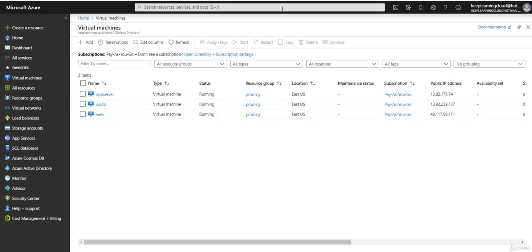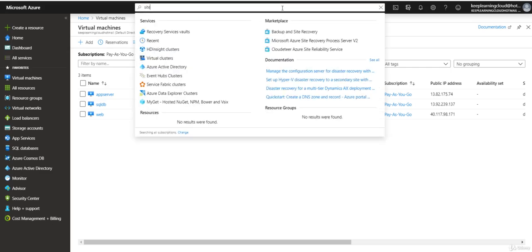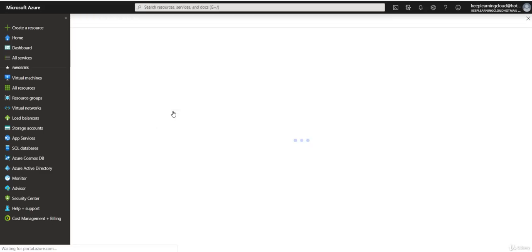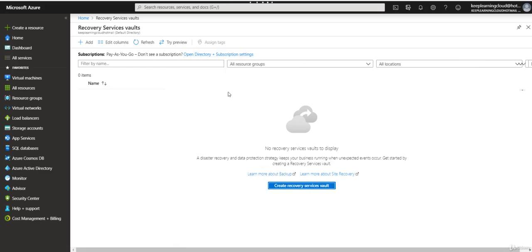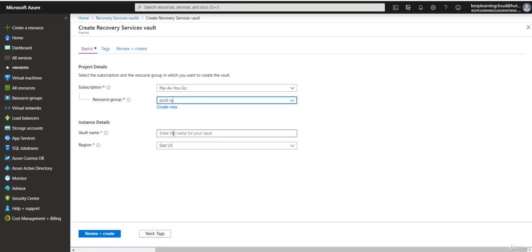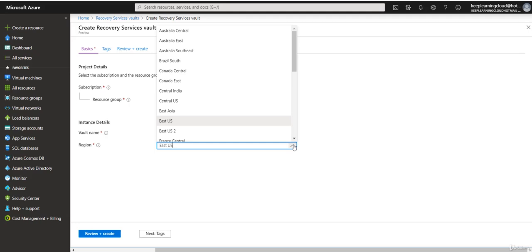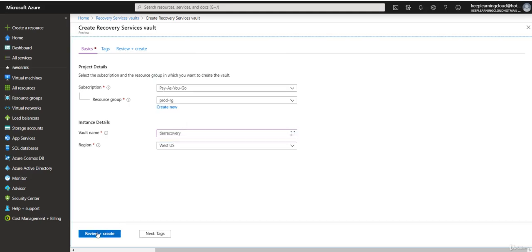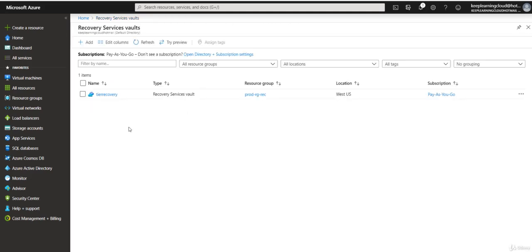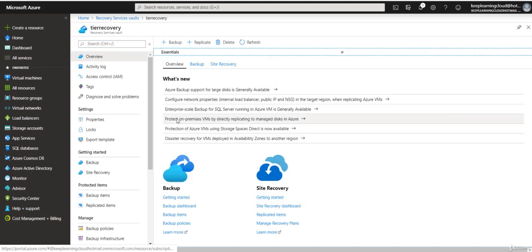So let's go ahead and create a site recovery plan. Just type site there and select Recovery Services Vault. You're going to create a Recovery Services Vault first, and then I'll just fill it up quickly. Vault name, and I will host this in the West US location because my original resources are all in East US. Say West US here and click on review and create. Looks like the vault is created, so I'll click on it